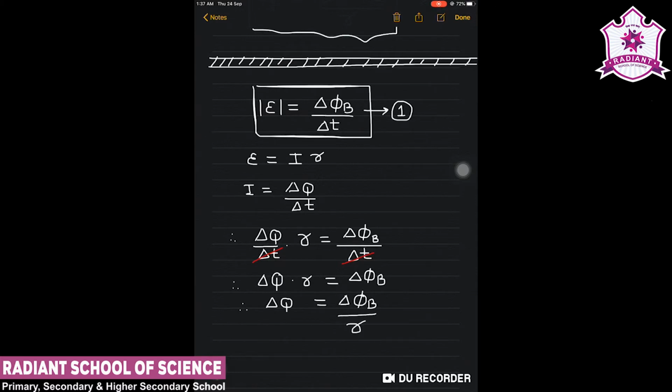So this is a very interesting result that we have obtained, that the change in the charge will be equal to the change in magnetic flux and the ratio of it with respect to resistance. So this is another comparison for the charge equation in a magnetic field. So we can define electric charge for a magnetic field by the change of magnetic flux upon resistance of the conductor. So this is also an important term.